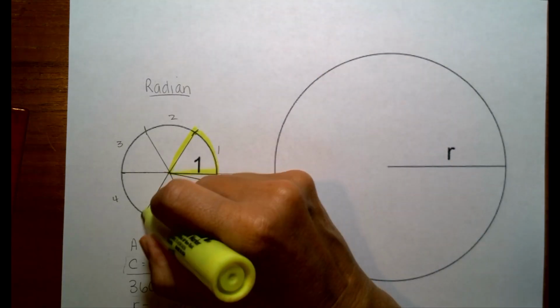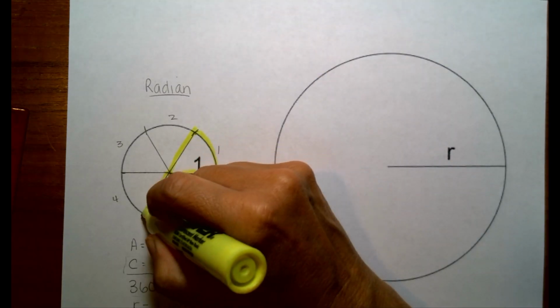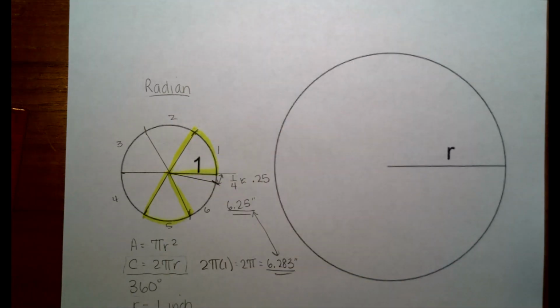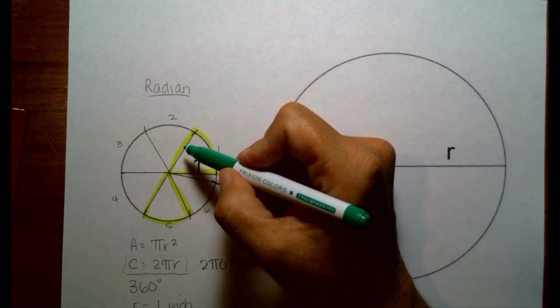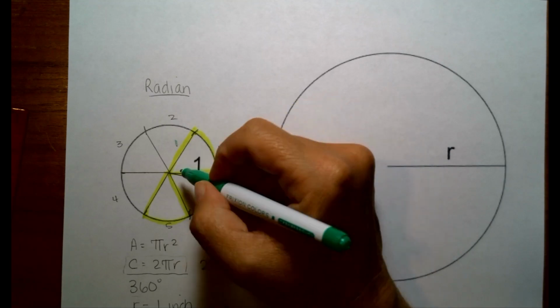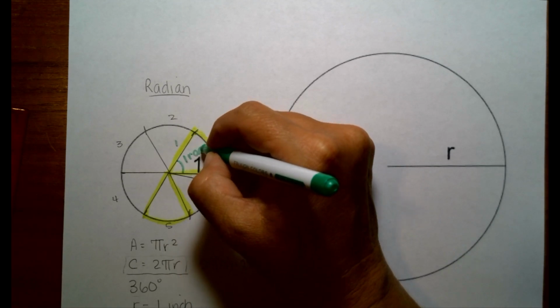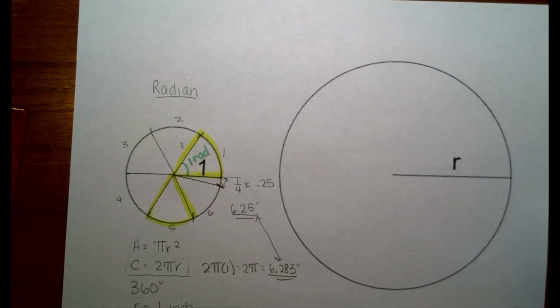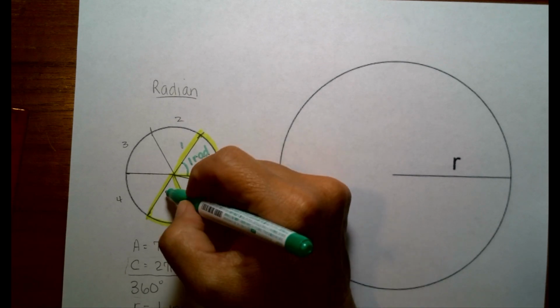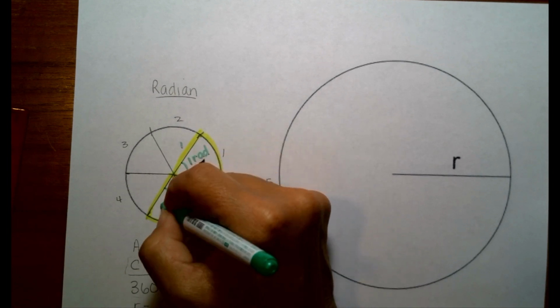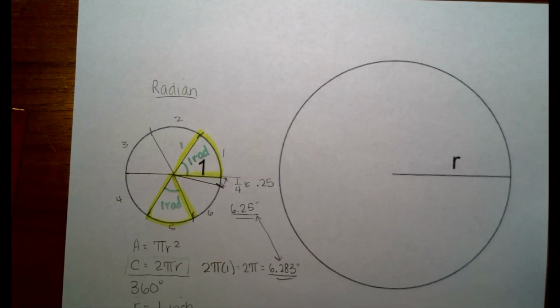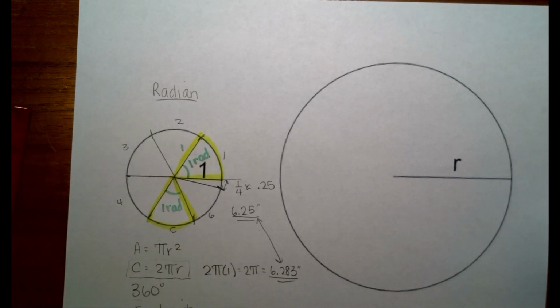Anywhere around there, I have a radius of 1. So if this is 1, and this is 1, and this is 1, then this gives me 1 radian. So now I have this angle measurement of 1 radian, which means that this angle measurement here would also be 1 radian. As we go around, we see that we have 6 radians,